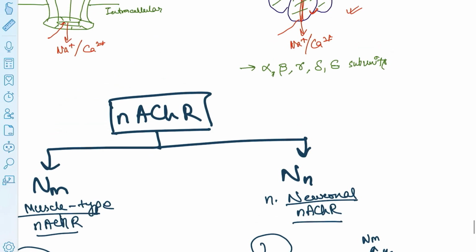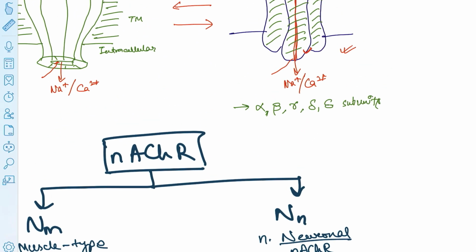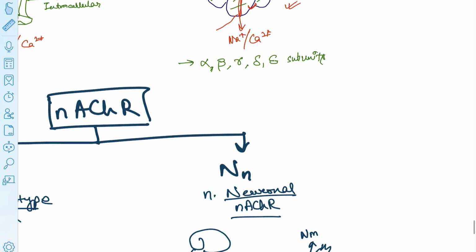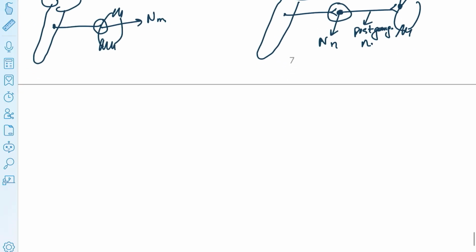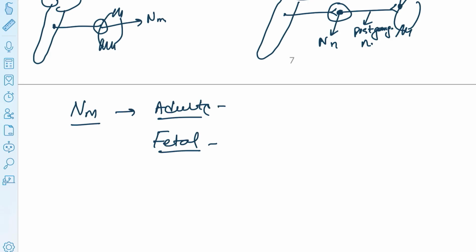Now, as I told you, there are 5 different subunits of nicotinic acetylcholine receptors that combine together to form a complete ion channel, right? But NN and NM types have different subunits which combine together to form a pentameric ion channel. So if we talk about the NM receptor, or the muscle type receptor, it has been found that in adults there are certain combinations of these 5 subunits, whereas in the fetal state there are some different combinations present in these nicotinic acetylcholine